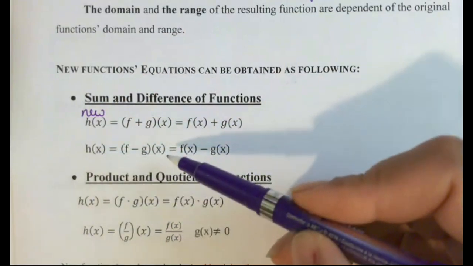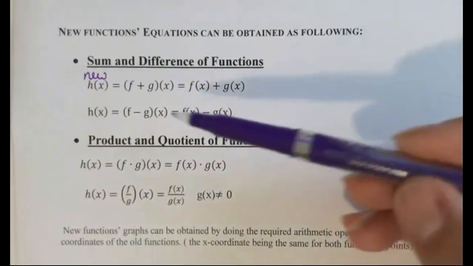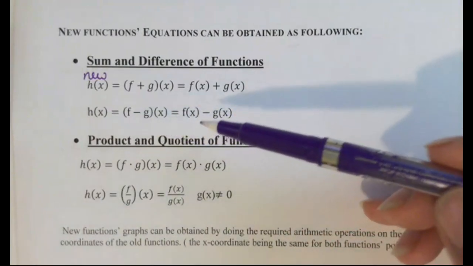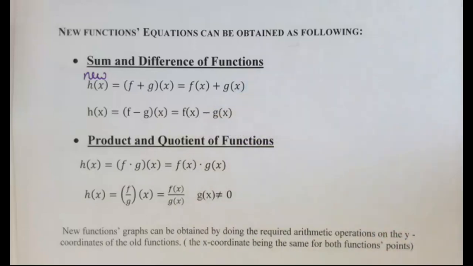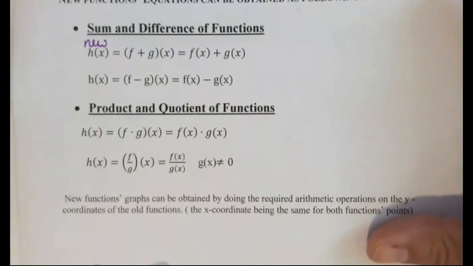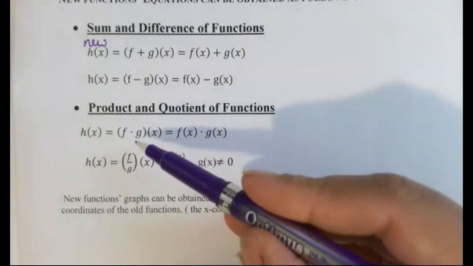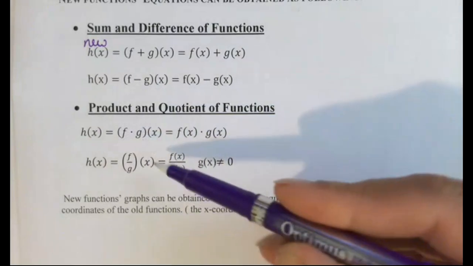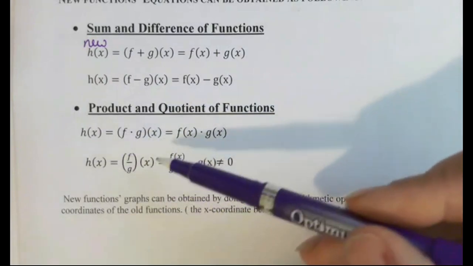And subtraction is exactly the same way, but with a subtraction sign. And then again, you can write it two ways, either f minus g of x, or you can write it separately as f of x minus g of x. They mean the same thing, just different notations. And then product and quotient of functions. So product is going to be f times g, or f of x times g of x. And quotient is going to be f divided by g, or g divided by f, depending on what the question is